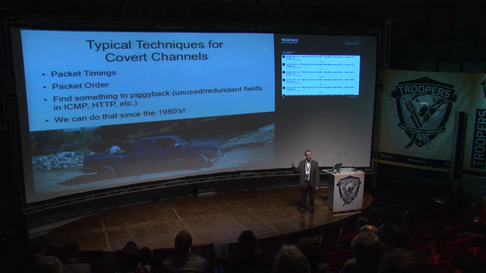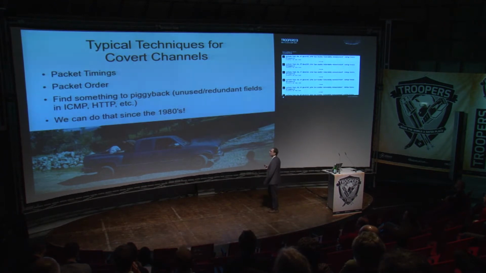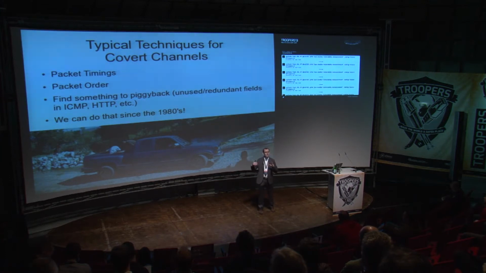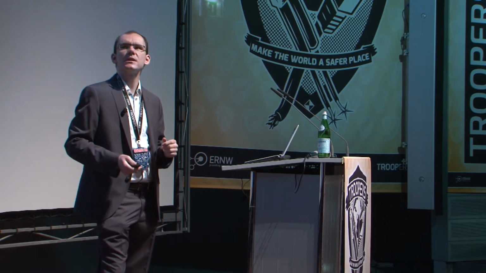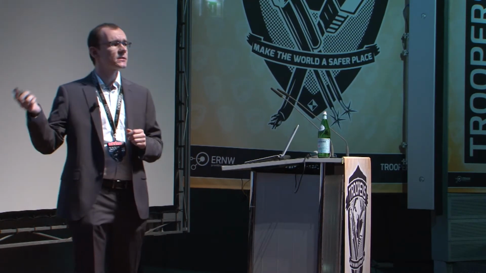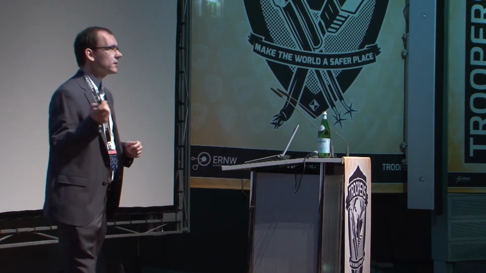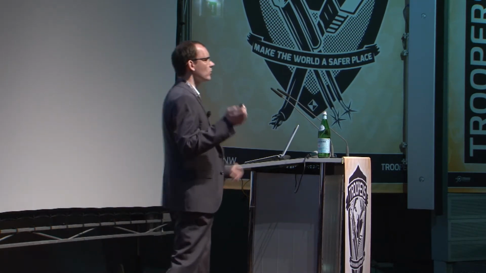But what did we already have in the area of covert channels? I read hundreds of papers about it, and basically we have three different techniques for establishing network covert channels. The first one is to use packet timings. So we modify inter-packet gaps, sometimes also called inter-arrival times, between network packets, and encode the hidden information in the timing deltas between the network packets. This is already an approach from the late 80s, I think 1987, by Gerling or Wolf.